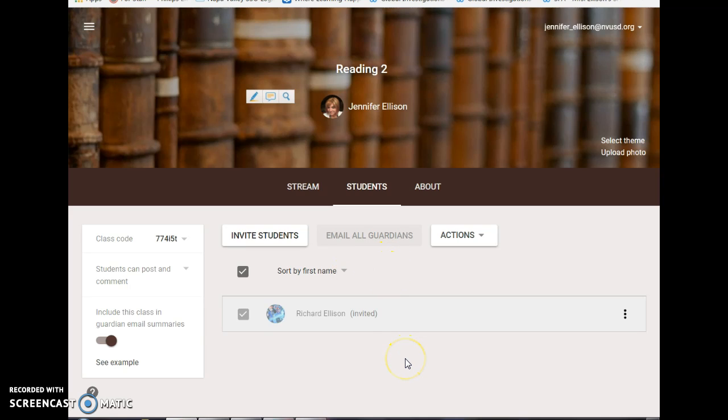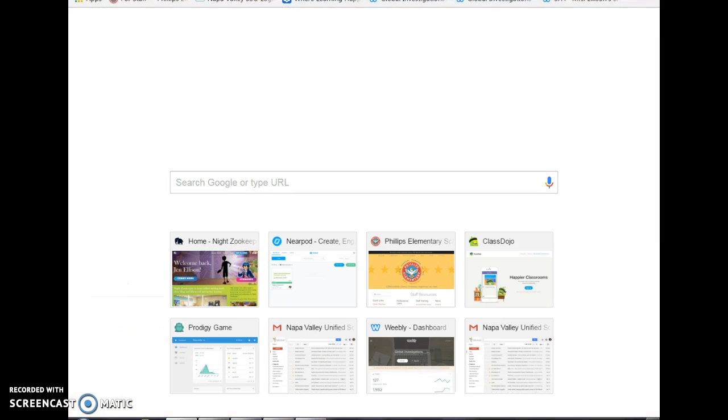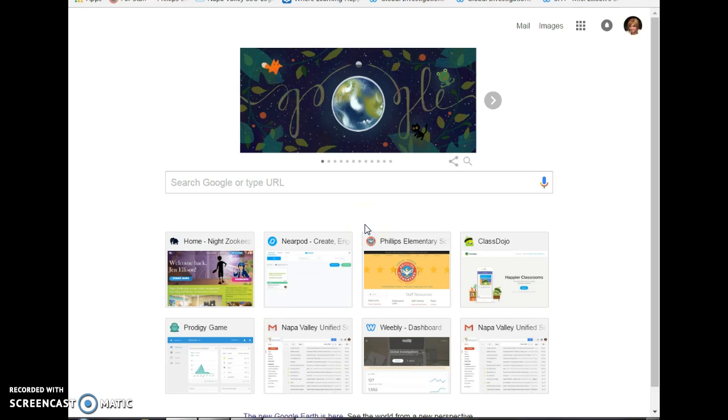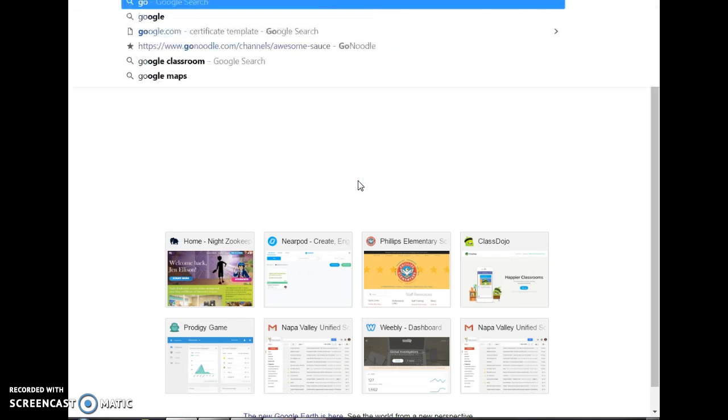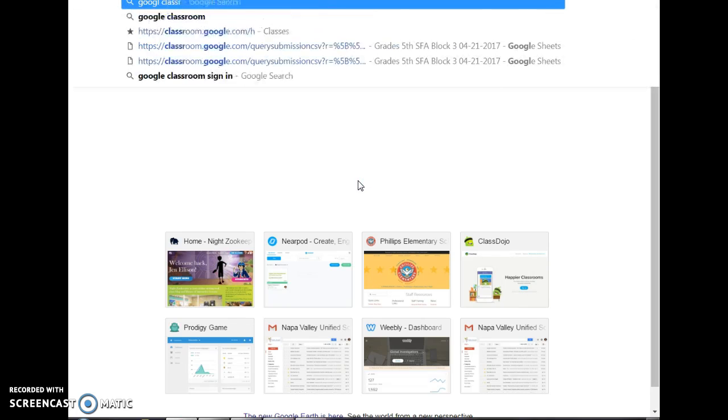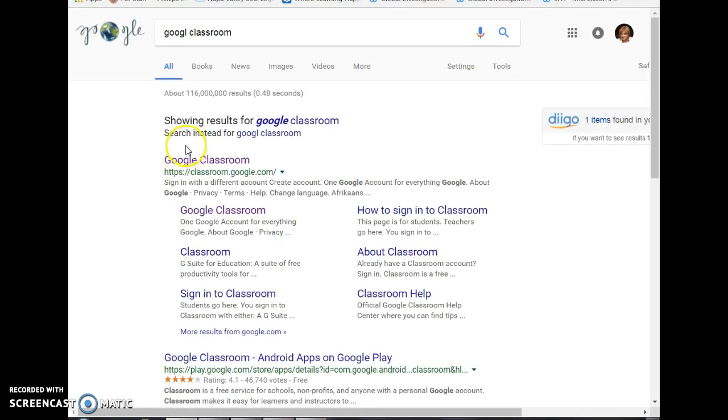That's probably the most complicated way to do it, because the easiest way is right here. You have a class code right here. All you have to do is have your students go to Google Classroom and then put this class code in. Let me show you what that looks like. One of the easiest ways to get your students to Google Classroom is to have them Google Google Classroom. It's going to take me straight into my classroom because it knows I'm there. And then they can click on either one of these. They can even go down to Sign into Classroom. And then, just like when we started,